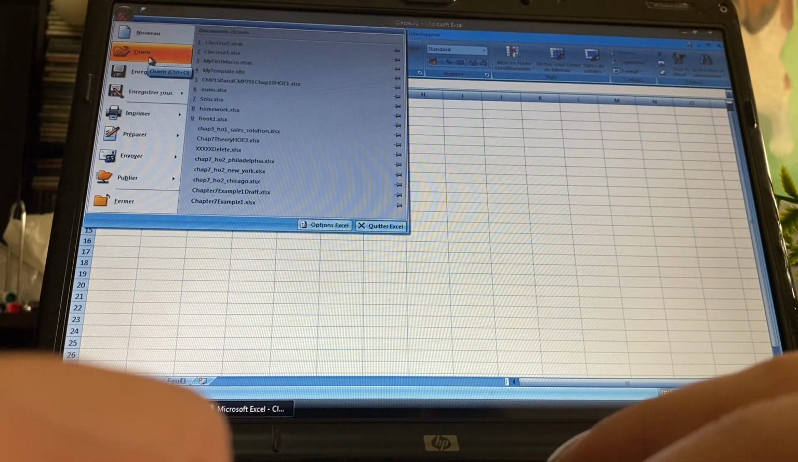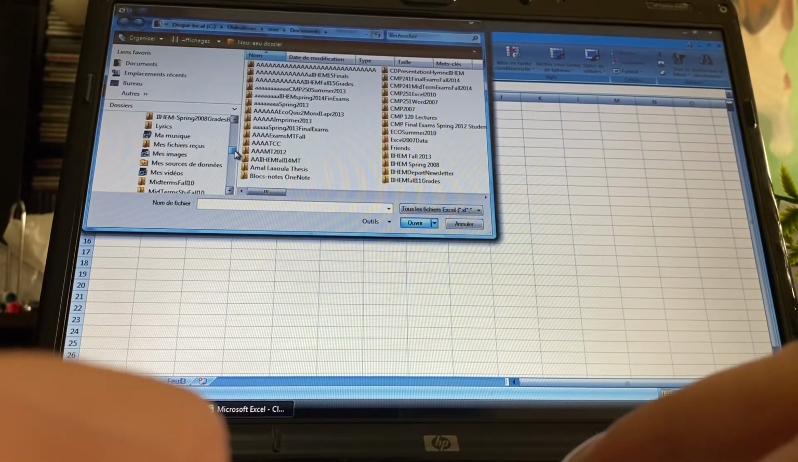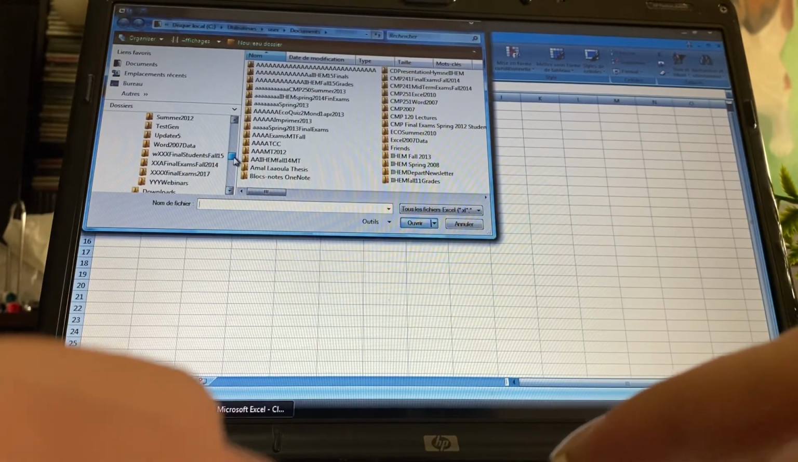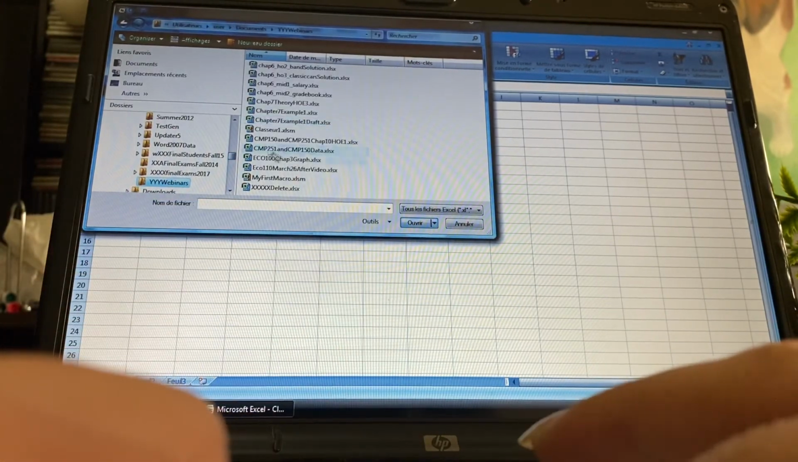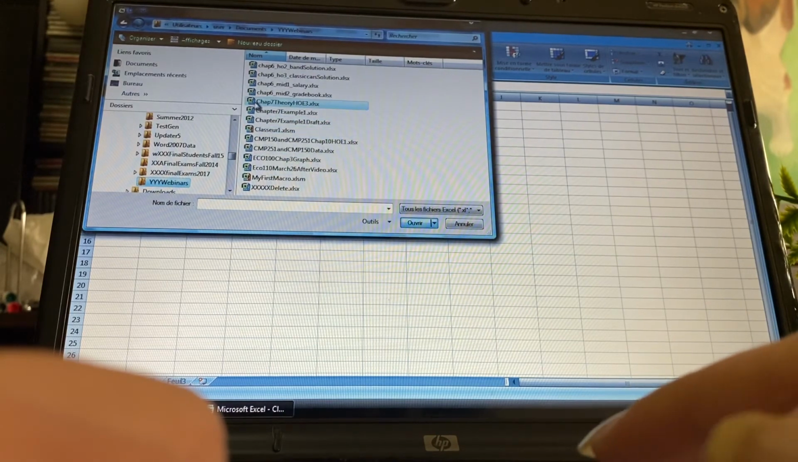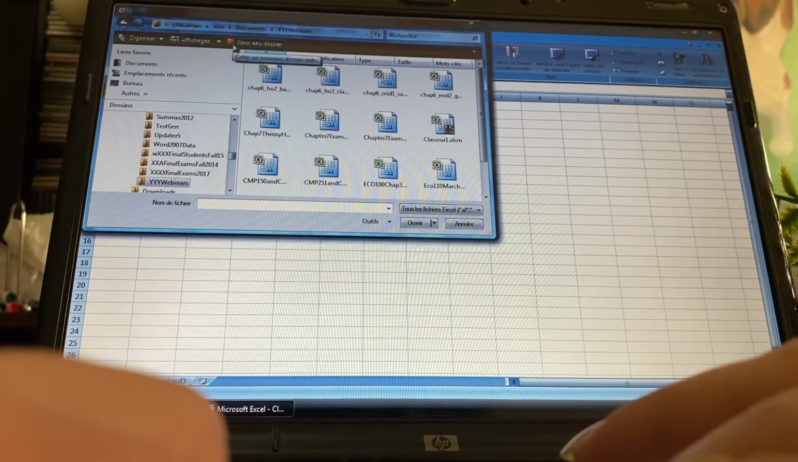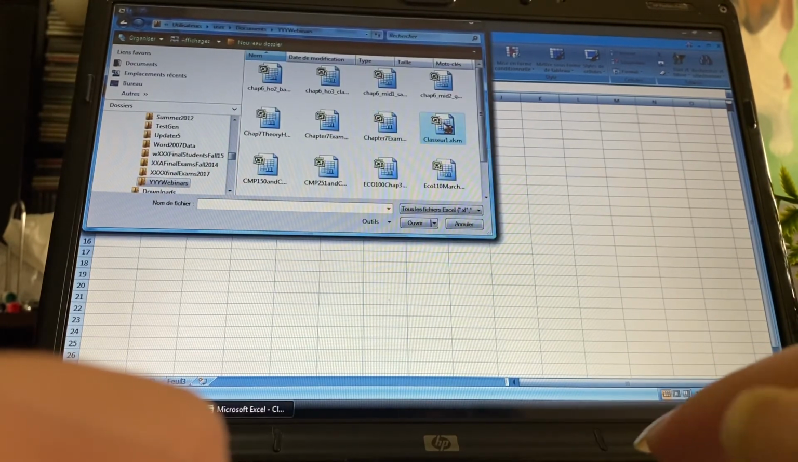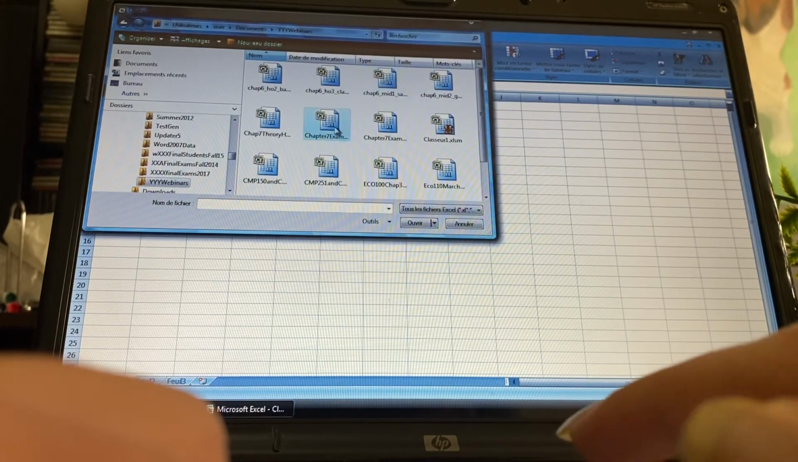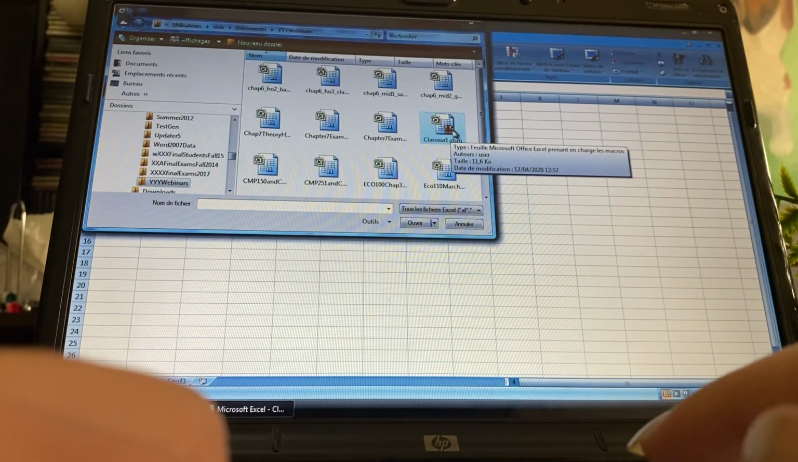So, open. And I'm going to go to webinars. Here. And I want you to look at the icon here. Do you see it? The icon is not the same. Let me put big icon. Okay. Do you see it here? See the other workbooks I have? And this one. This one has this little thingy with the exclamation mark in it. Okay? This means it's